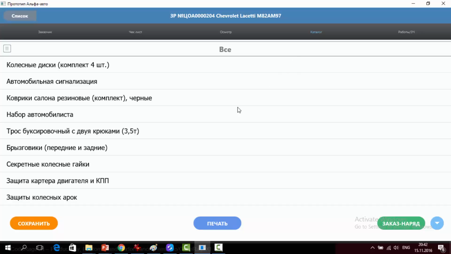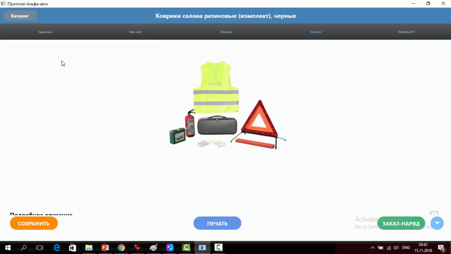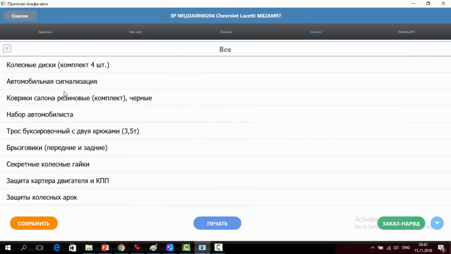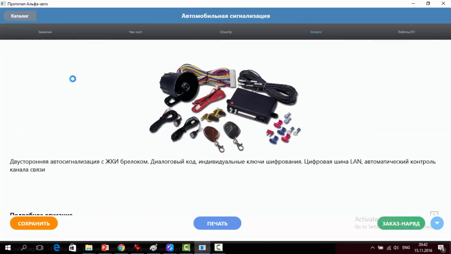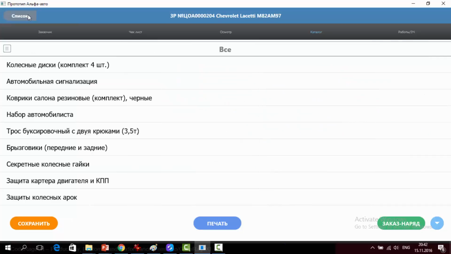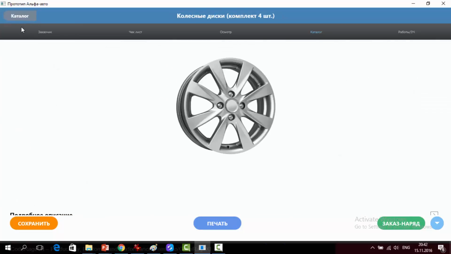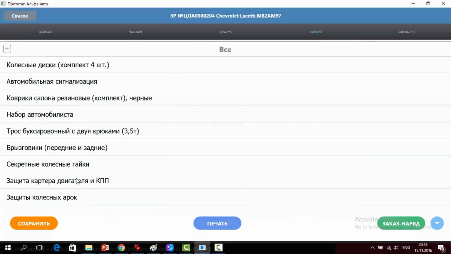So right now you can say that we have a very good car alarm system compatible with your car, and you can also order this item, this good, right during the service, maybe something like that. This is a catalog taken from the platform, from the core system, and optimized or filtered for this specific car.